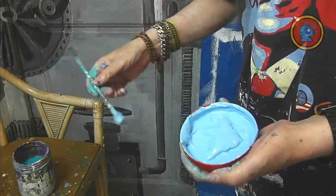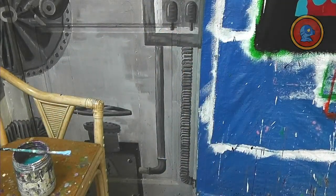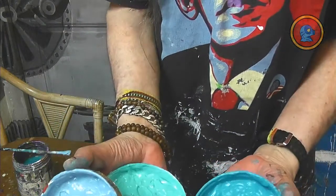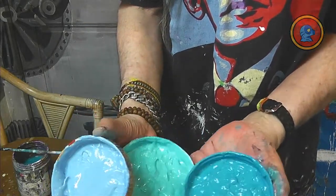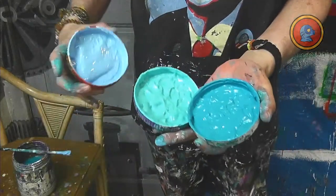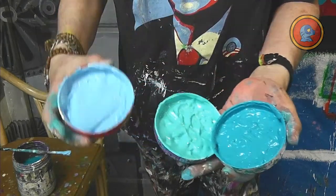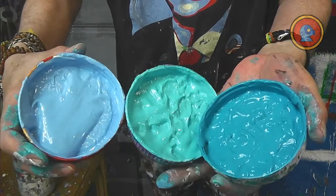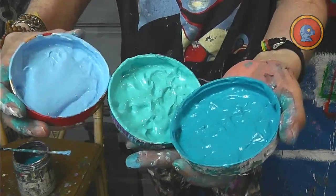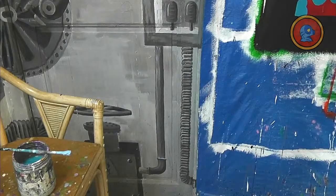I am just going to lay my paintbrush here for a second. I'm going to go get the 2 other palettes that we used. And like that, we can compare all 3 of the colors we have used today. Right there. So this obviously is the turquoise green, the turquoise blue, and the cerulean blue. You can see the difference, hopefully. Not sure how the camera works on that kind of...